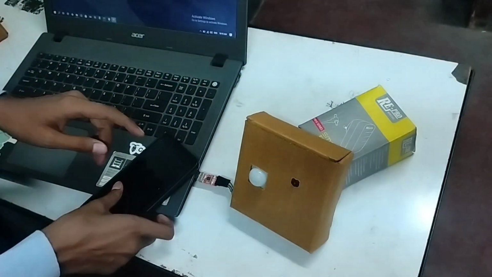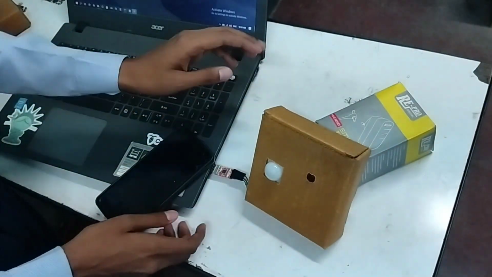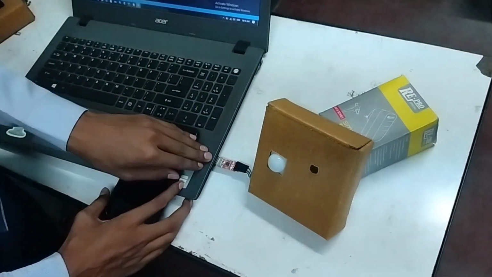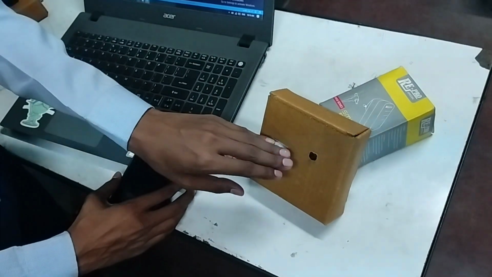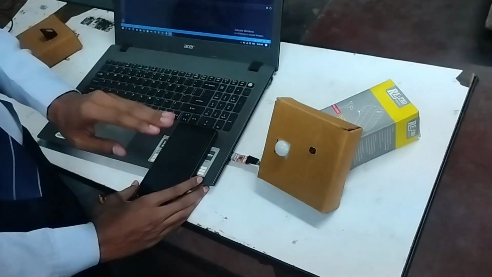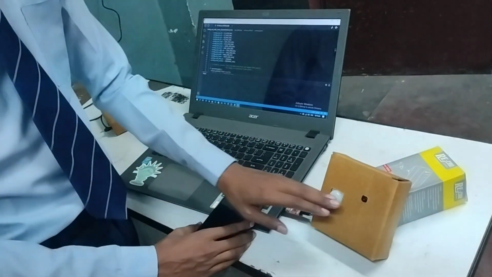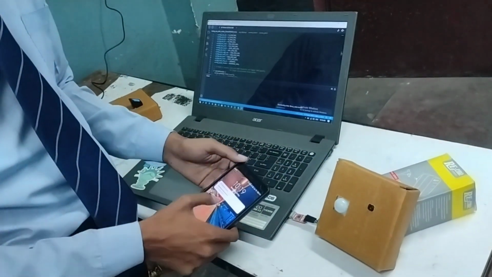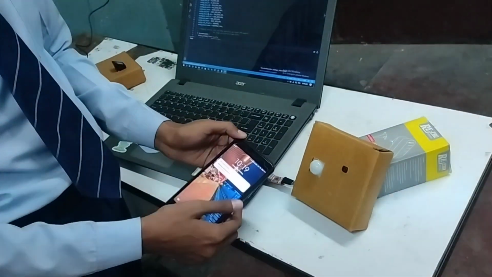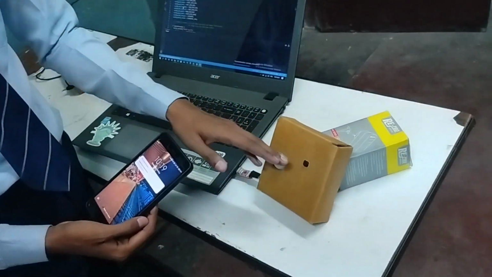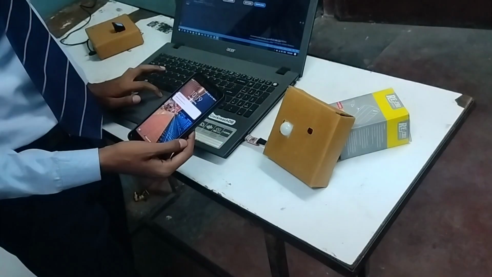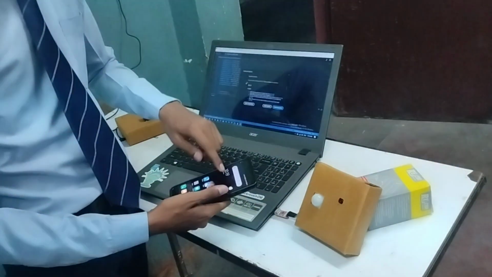So upon running the system, we have connected it through USB to our laptop. On running it, it connects to the Wi-Fi to which it is configured. As of now, it is connected to my personal phone's hotspot. As we can see, there are three connected devices: one is my laptop, the other is this one, and one is my friend's. So it is connected to my network.